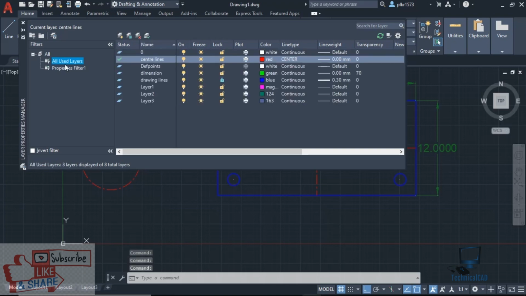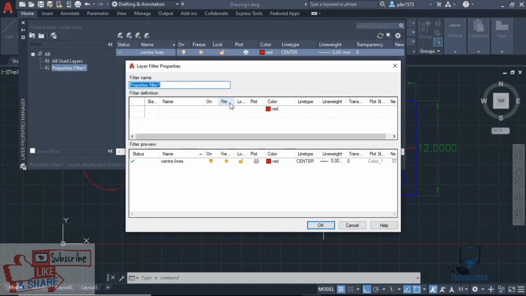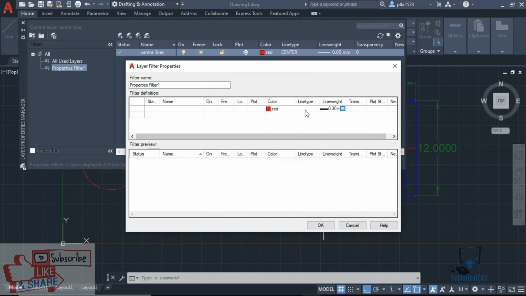Not only color, you can give any property. You can give the line weight, so now select line type. In line type you can select line weight 0.30, okay. Like this you can edit whatever property, we can do that.